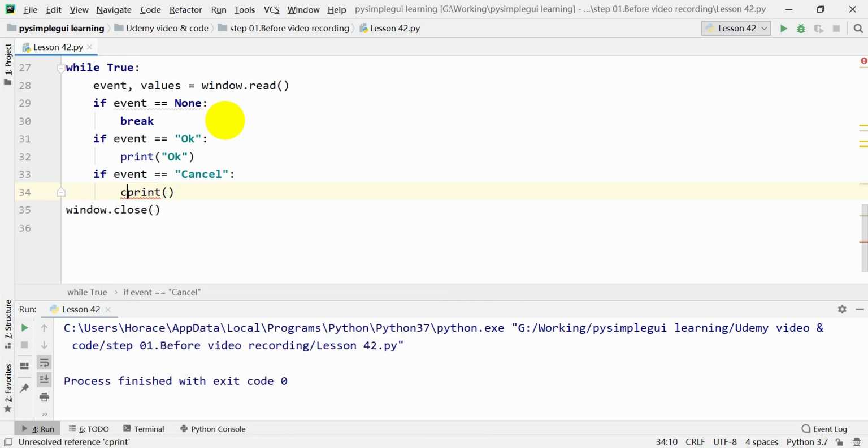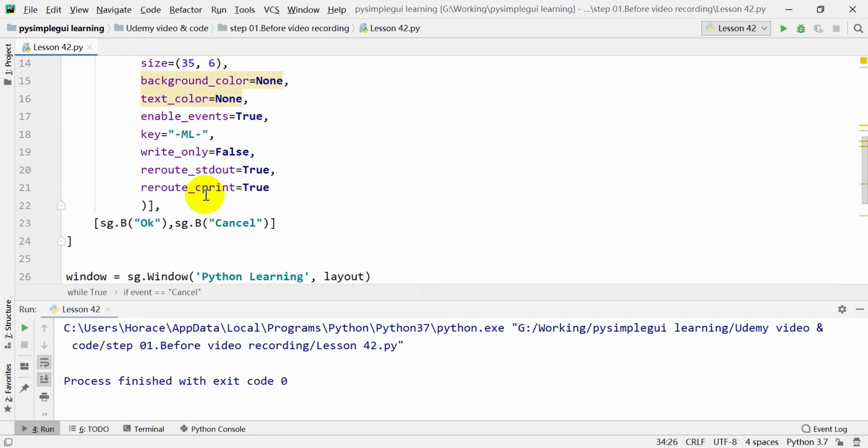But keep in mind, cprint is from the PySimpleGUI library, so we need to put SG in front of it, meaning PySimpleGUI. Now, inside the cprint, let's put cancel, and let's also change the reroute standard output to false,